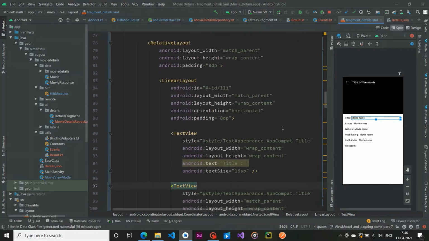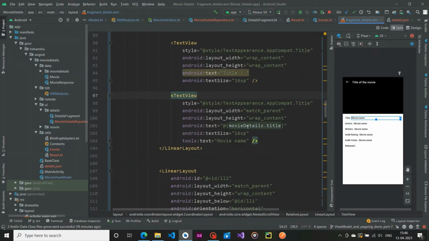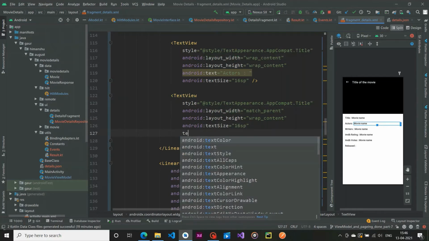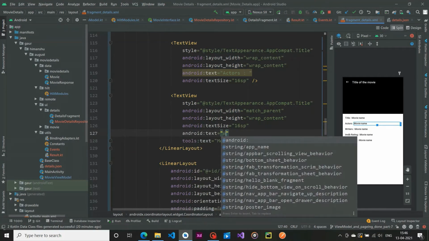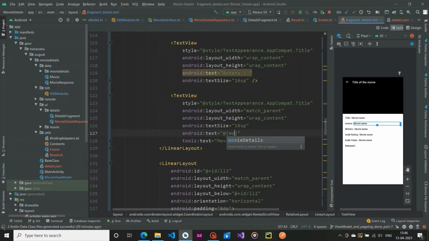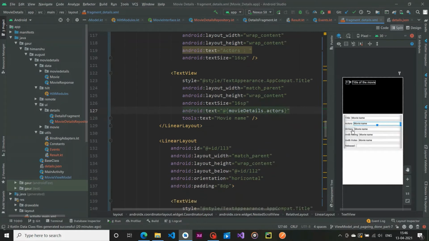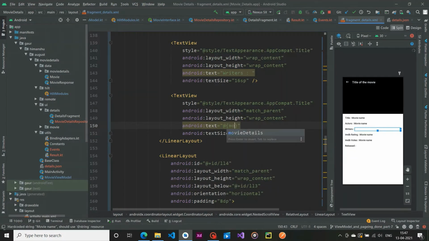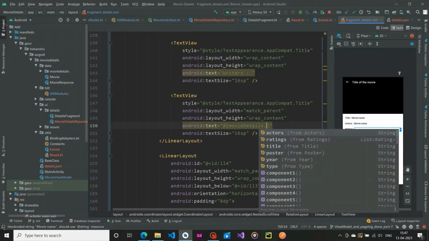All right, so now in our movie name, I'm passing our movie details title in here. And in the actors, this is the text view for our actors. By using the text attribute I am passing movie details dot actors. And for writers, just click in here, this is a text view, remove this movie name and pass movie details dot writers.